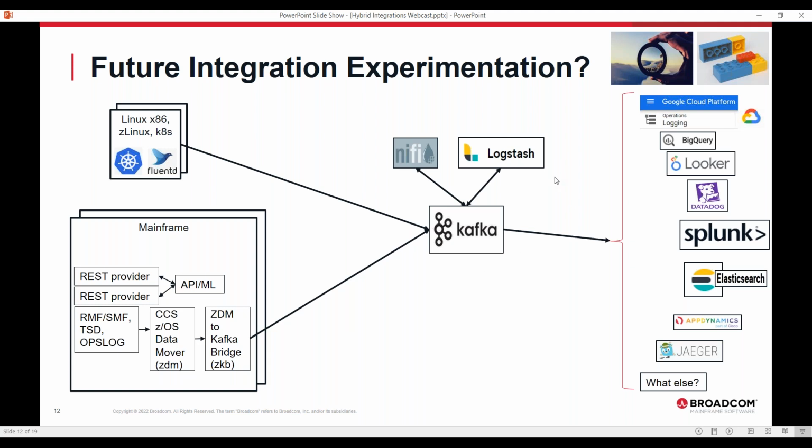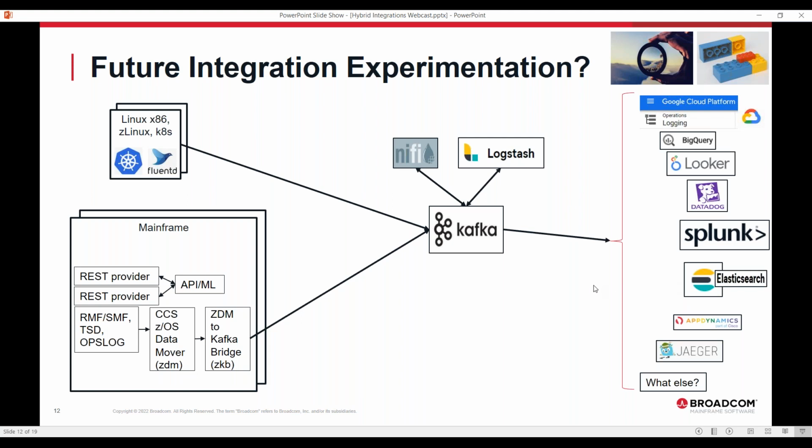We can use Logstash to do some normalization and some data enrichment. Then once we have it back in Kafka, in the demo that you saw today, we showed you how we solved a few of those pain points and challenges using Elasticsearch.